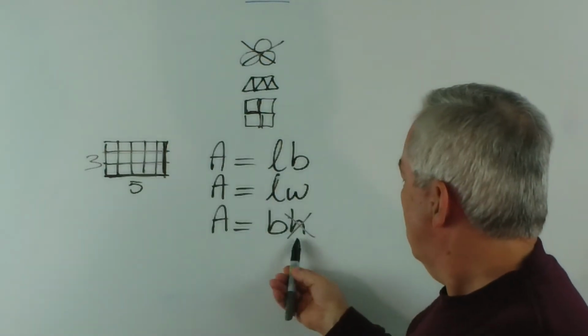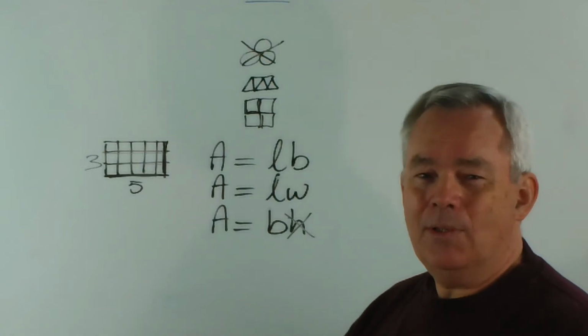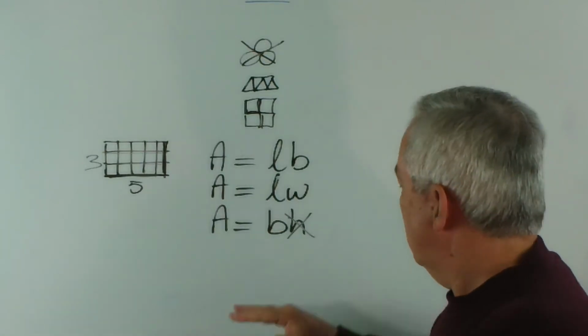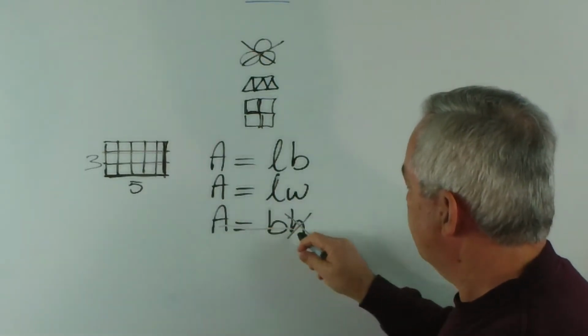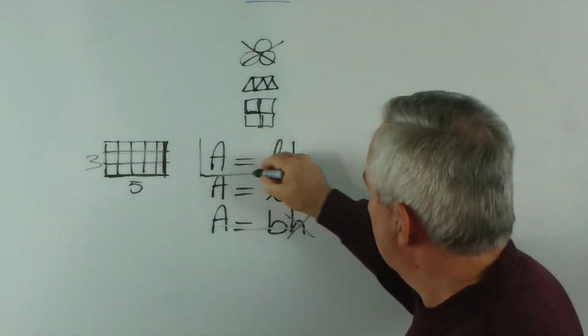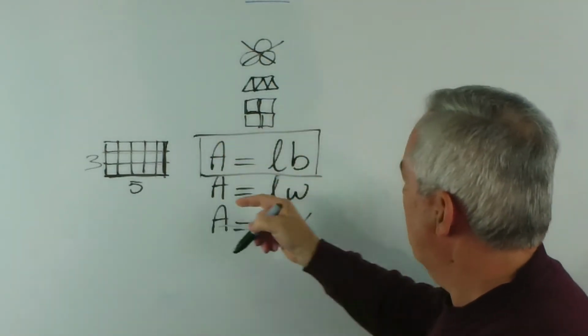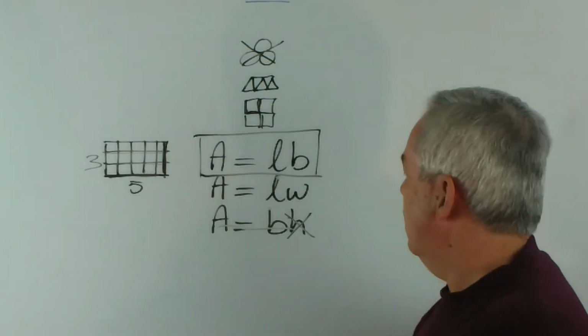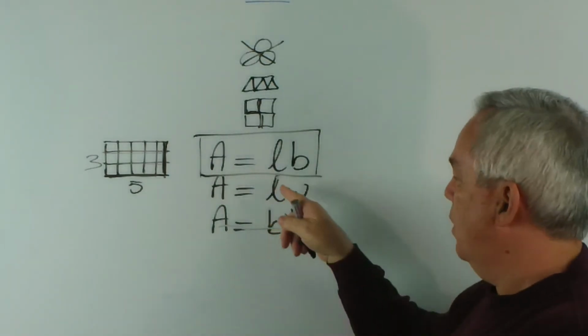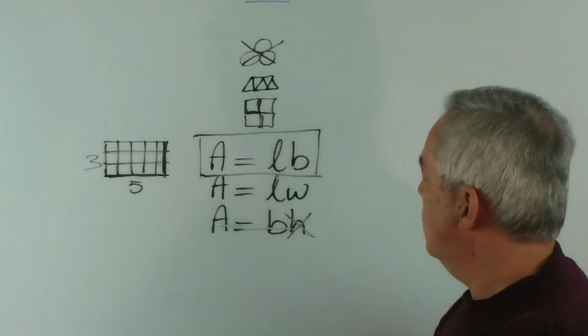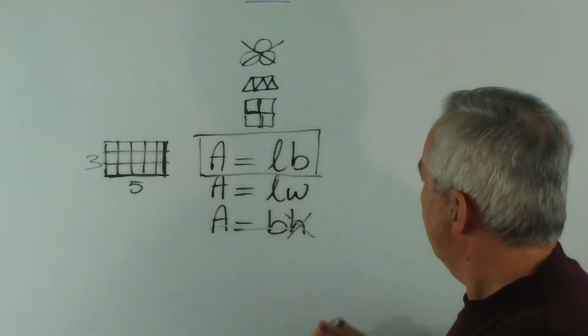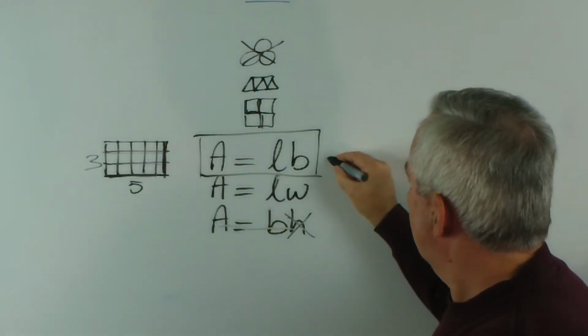And I don't like equations having 2 heights in them. So therefore I avoid this formula. I actually encourage my students to use this one. Length times breadth. If you really insist, you can use this, but for these videos I'm going to be using this particular formula. And the units, of course, will be square units,